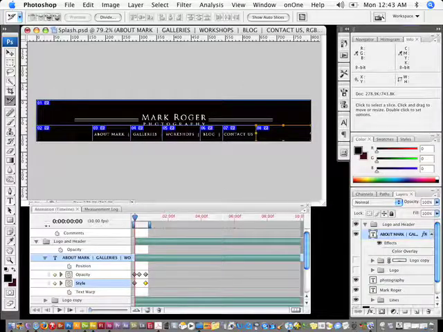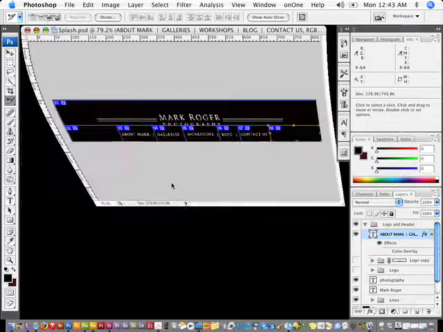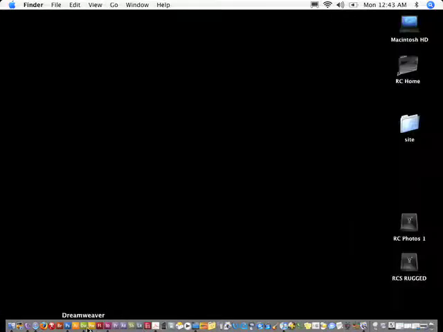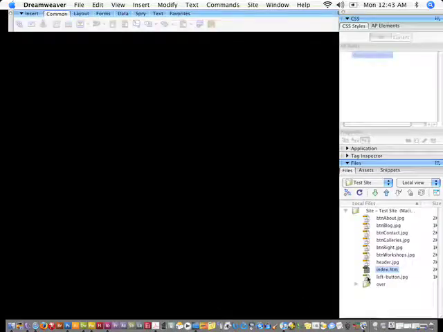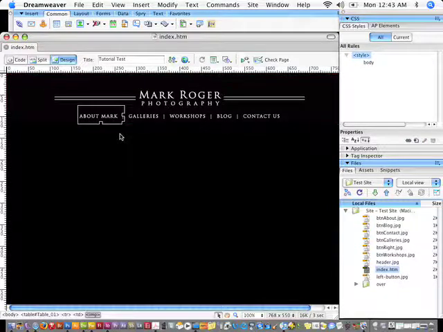So now, let's go ahead and close this. I'll minimize this file, and I'm going to go into Dreamweaver. Inside of Dreamweaver, I'll open this file, and notice already you have the Over tab here. And what I'll do is I'll create swap images for the rollovers for these. So I'm going to highlight this file.